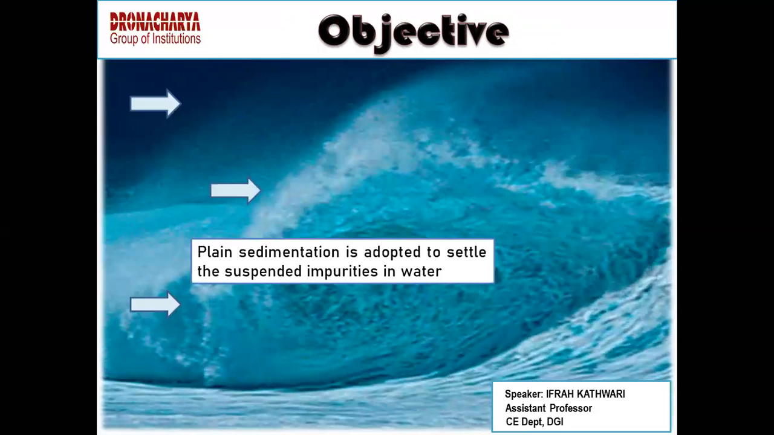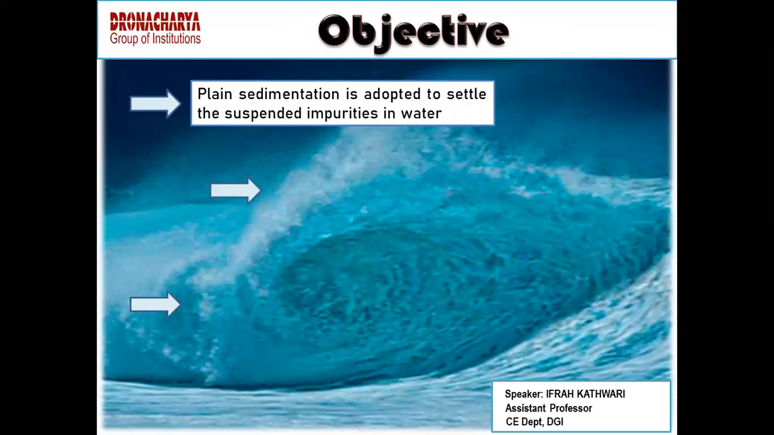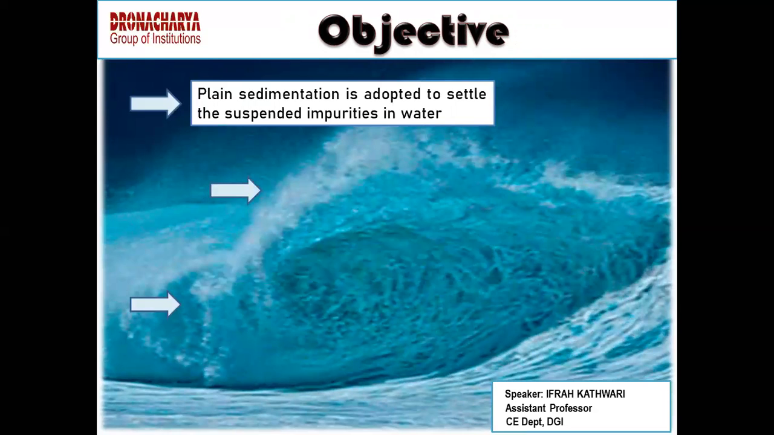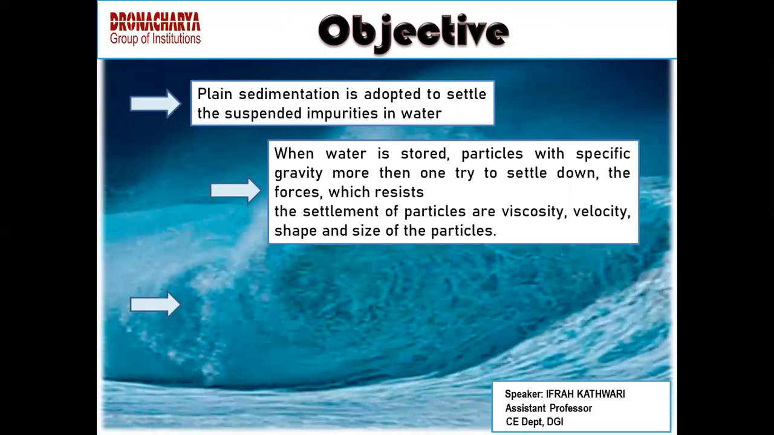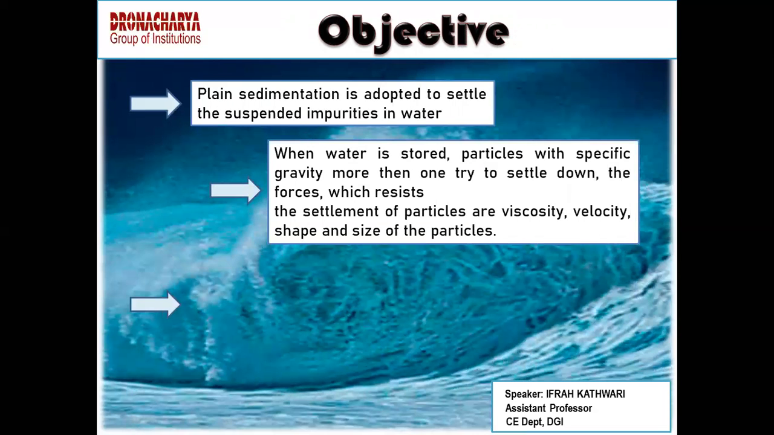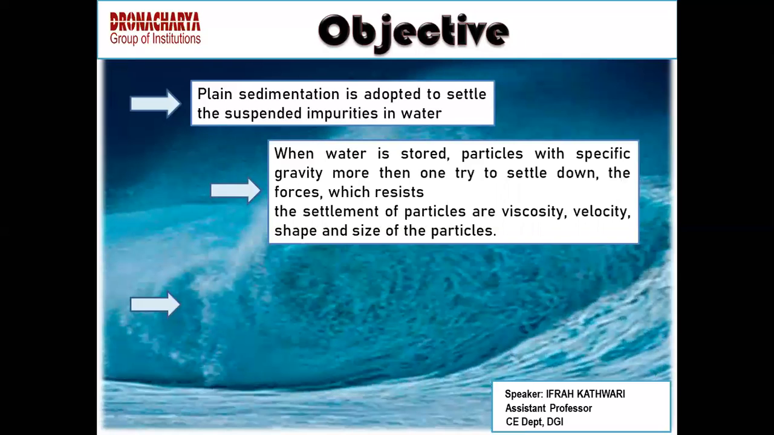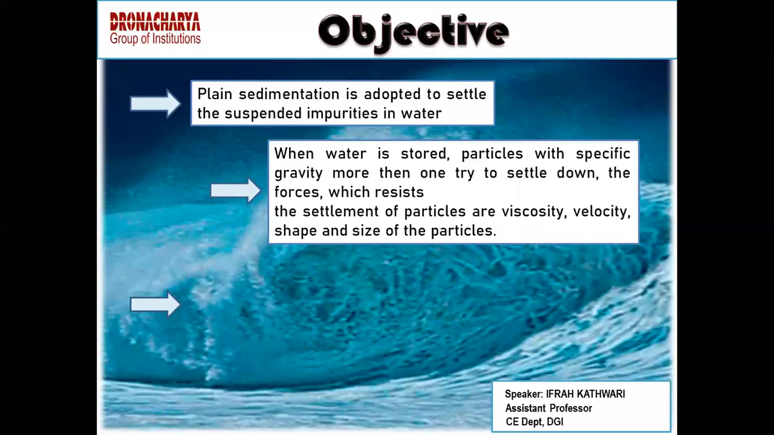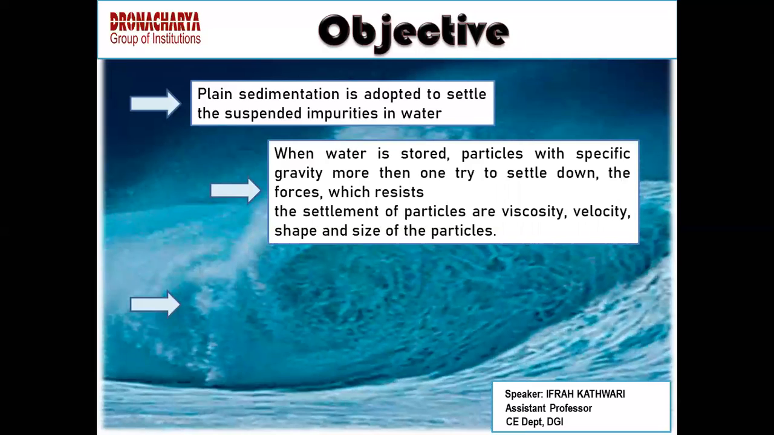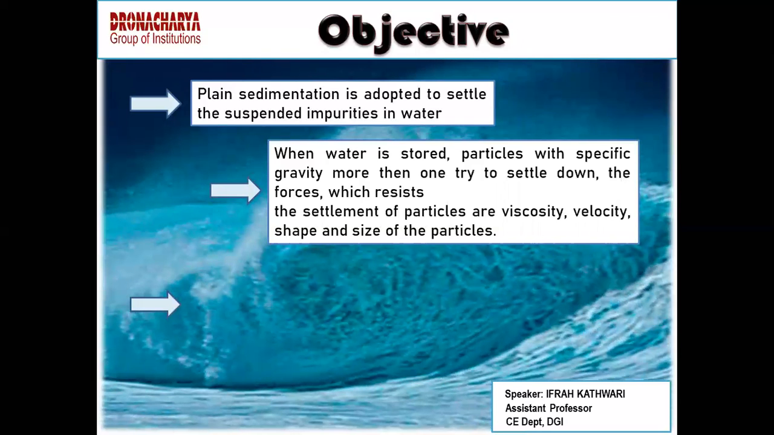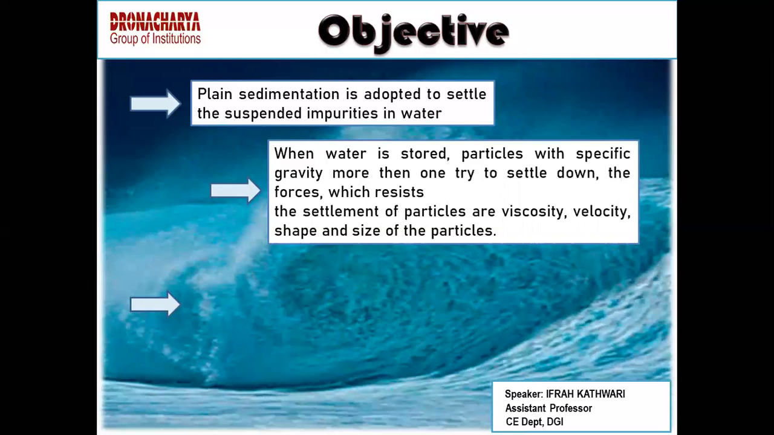Talking about plain sedimentation, the main objective is to settle down the suspended impurities of water and to remove them. In this process, firstly there is an inflow of water. The moment the water flows into the tank, it is stored there for some time, and then the particles which have specific gravity more than one get settled down at the bottom of the sedimentation tank. Then it is taken out from the sludge zone, and that sludge that is retained at the bottom